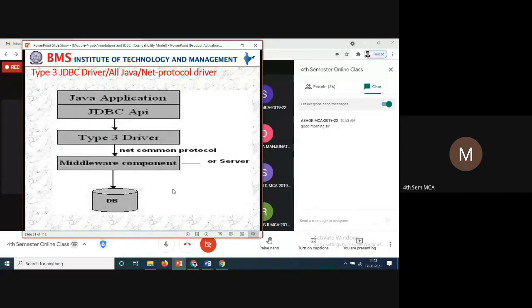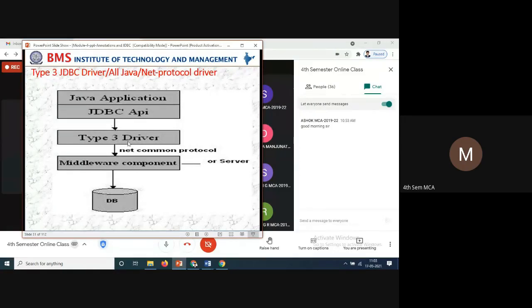Next is the type 3 JDBC drivers, the all-Java or net protocol drivers. So here Java applications and JDBC APIs will be there, with type 3 drivers and net common protocols. The common protocol works for the connection purpose, this one API to servers.